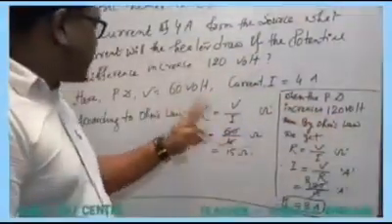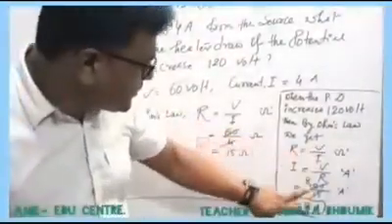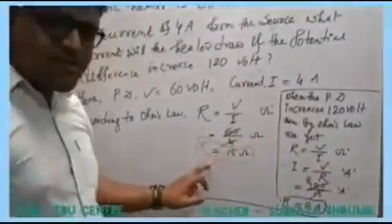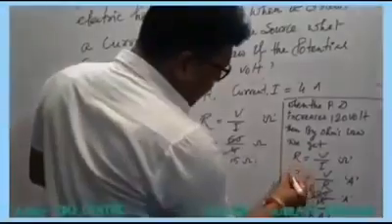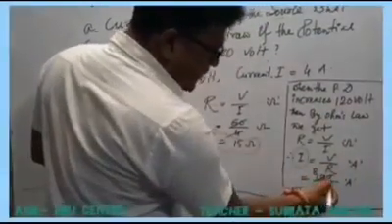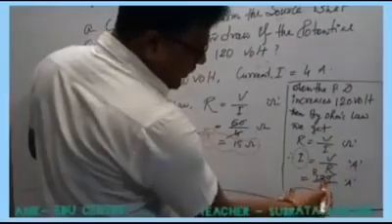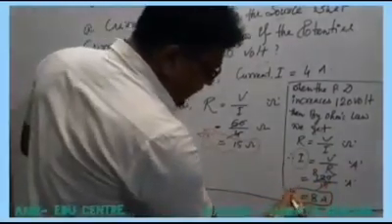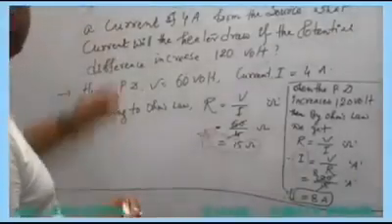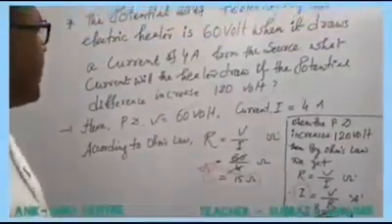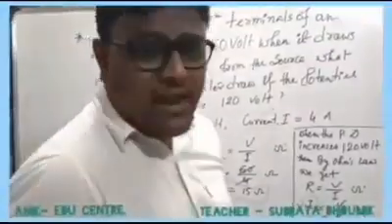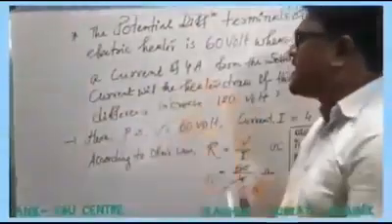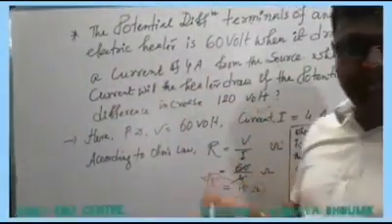So we apply Ohm's law again. V is here 120, and the resistance we already found is 15 ohm. So here you have to find the electric current I, which is equal to V upon R. That means 120 upon 15. If you divide 120 by 15, the answer comes to 8 ampere. So that means in this particular heater, 8 ampere of electric current can flow. This kind of numerical example is available in your NCERT book.